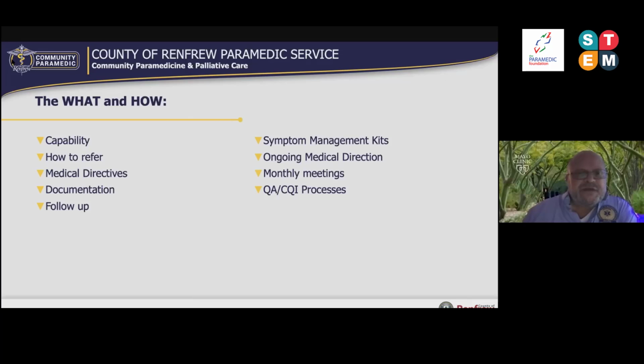We need to understand the medical directives that the palliative care providers have attached to the specific patient, how we're going to do documentation, whether that's on paper or electronic, or if we're capable of being in the other healthcare providers' medical record system, and how follow-up is done between the community paramedic and the other parts of the palliative care team. Sometimes we have system management kits that are either in the community paramedic's vehicle or at the home where the community paramedic